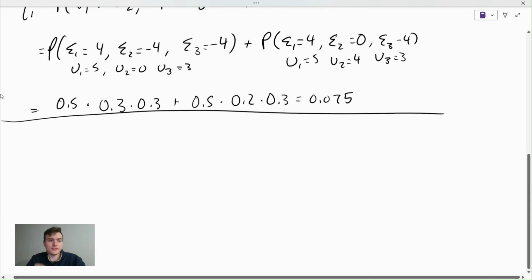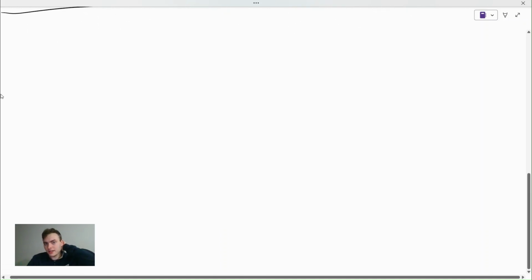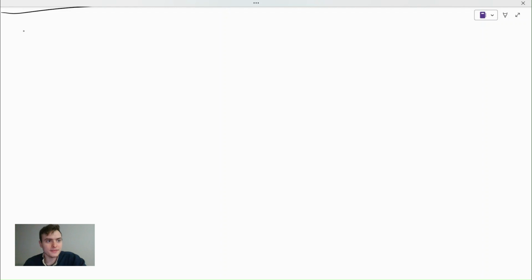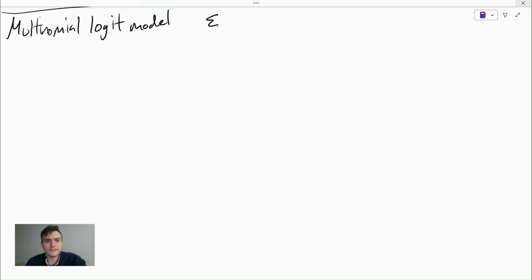And so let's move on to one of the more useful epsilon distributions, which is given from the multinomial logit model, right? So there we have epsilon i is a Gumbel 0, 1 distribution, and for Gumbel 0, 1, we have f of x equals e to the negative x, e to the negative